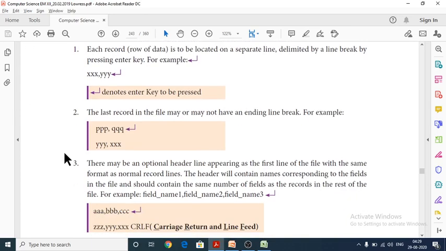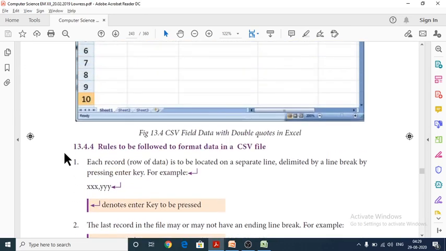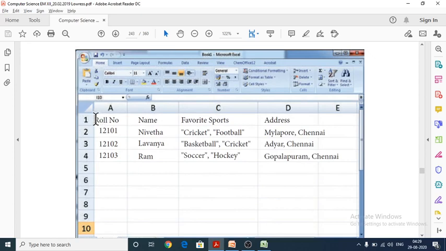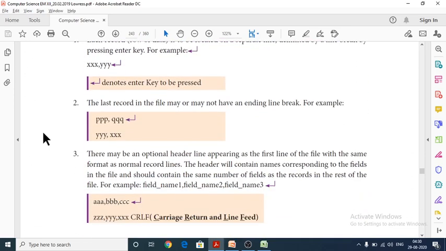The header will contain names corresponding to the fields. So this also is going to have names, like roll number, corresponding to the field. A field is nothing but the data we are going to give corresponding to that. The fields also have some names. The header also has some names. That is optional in the file and should contain the same number of fields as the records.